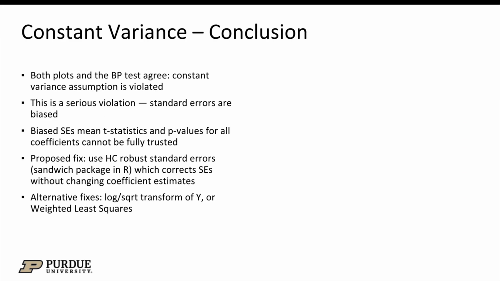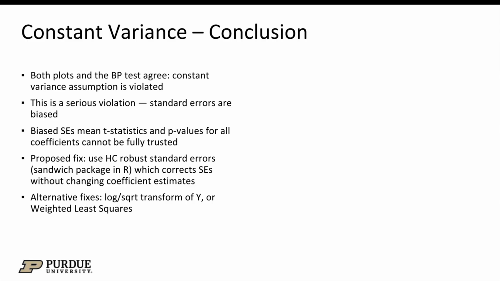So what does this mean for our model? When OLS assumes constant variance, but that assumption is violated, the standard errors it computes are biased. Some will be too small, some too large. That means our t-statistics and p-values for all coefficients are off, including the ones that look significant, like percent population under poverty and poverty tier low. We can't fully trust those